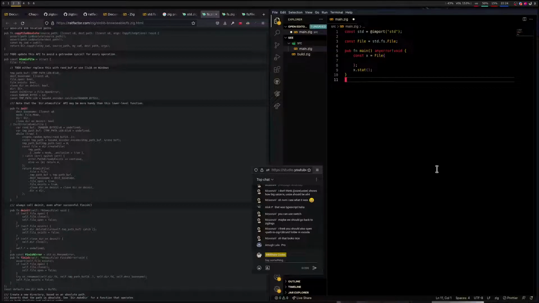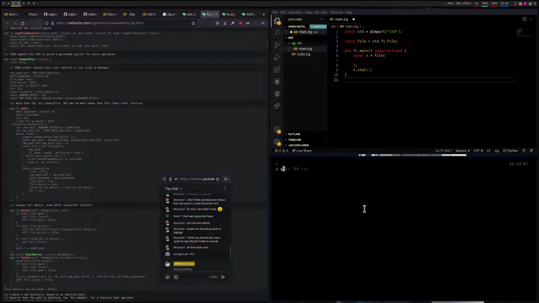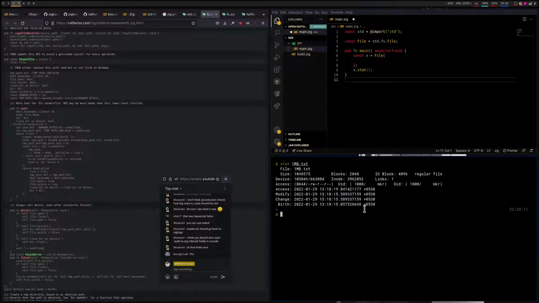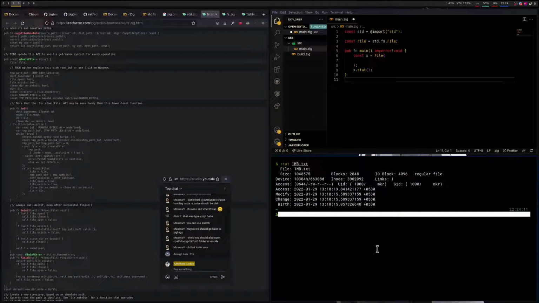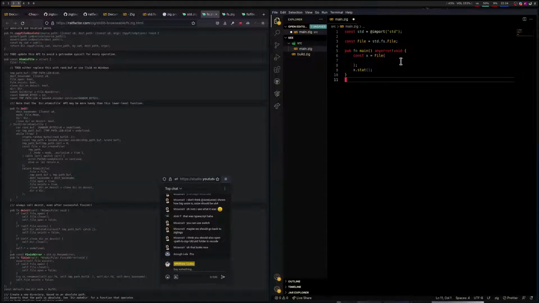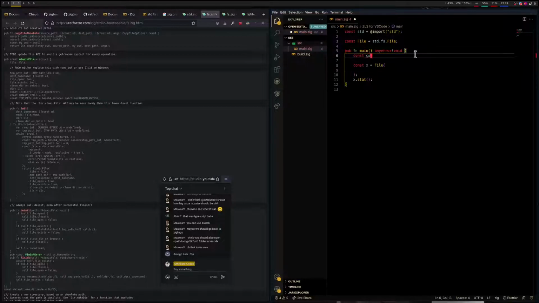Normally we do stat, and we can figure out that this is a file and not a directory, and I want to do that. I guess let's get const st. fs.cwd,